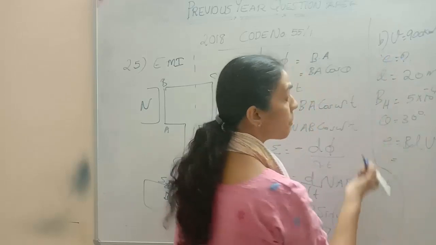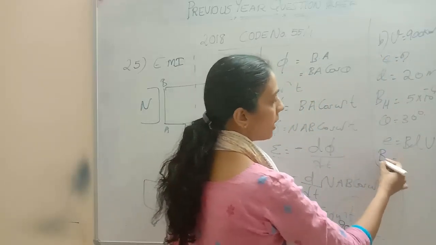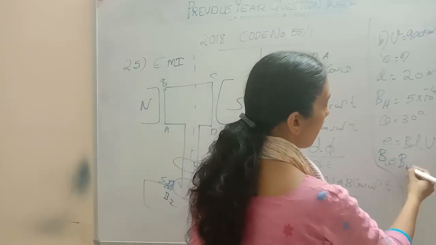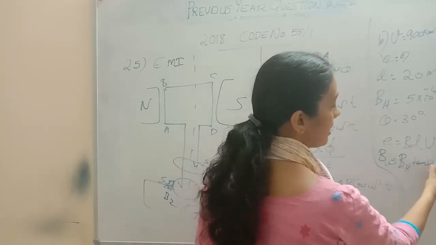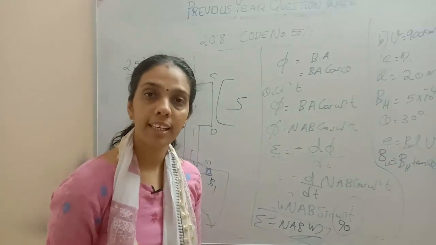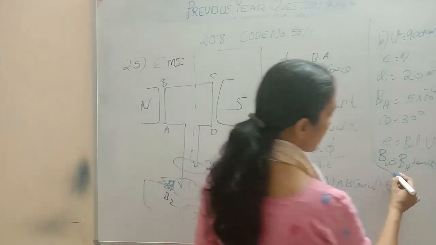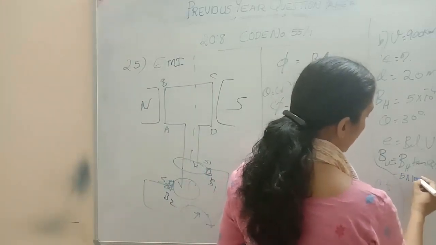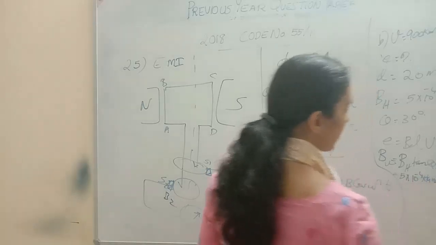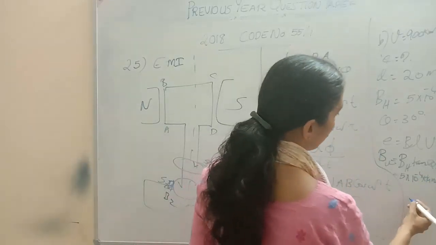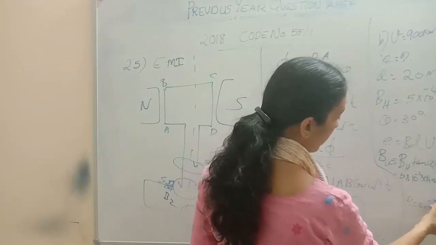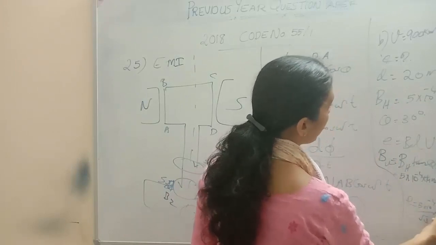BLV. Here the potential difference means the EMF we can find out. First we should find out B. The vertical component will be equal to BH tan theta, that is, horizontal component times tan theta. So it is 5 × 10^-4 × tan 30. Tan 30 will be 1 by root 3, right? So E equals B, 5 × 10^-4 × 1 by root 3, times L